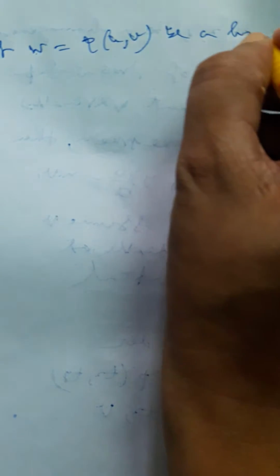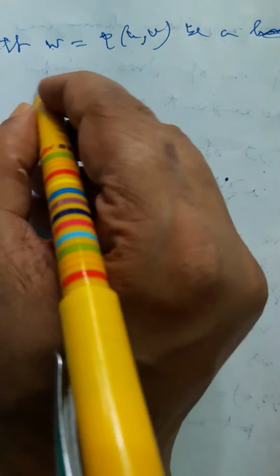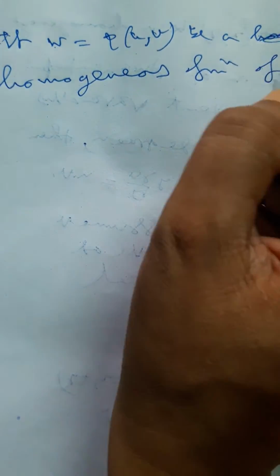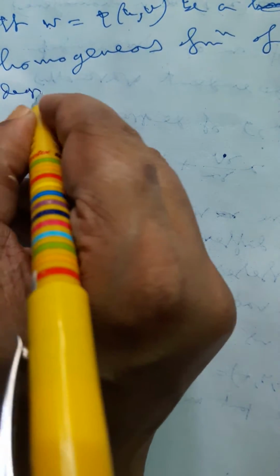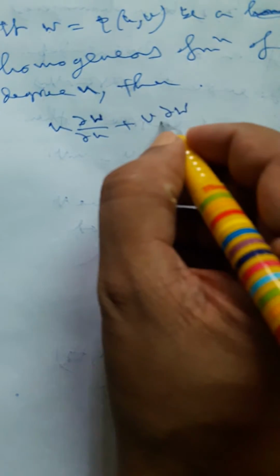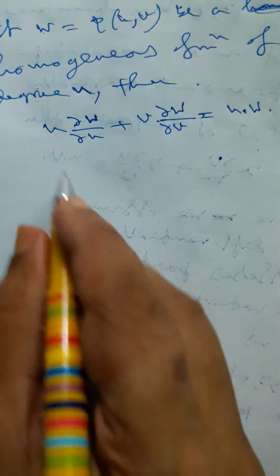At first we state the theorem: if w is equal to phi of u, v, a homogeneous function of degree n, then u del w del u plus v del w del v will be n times w,